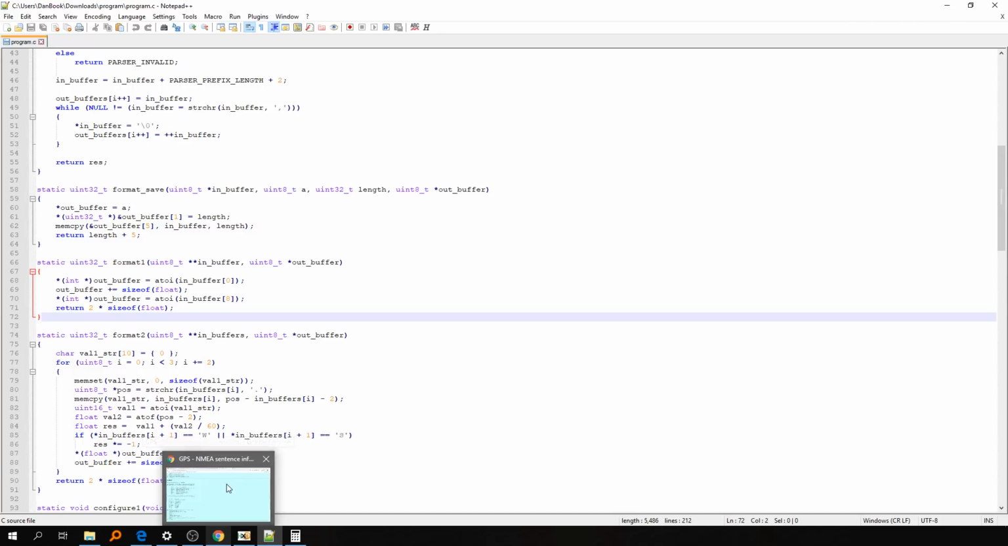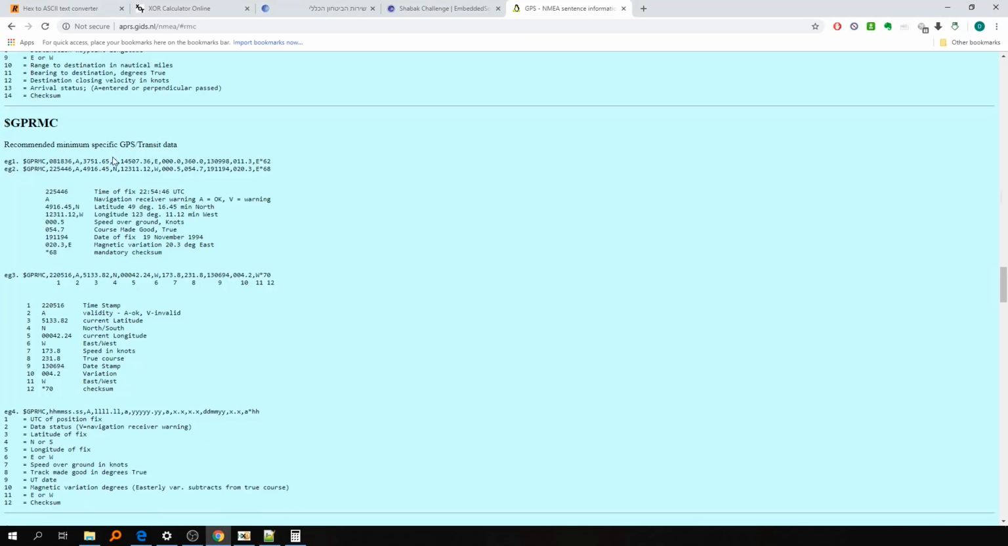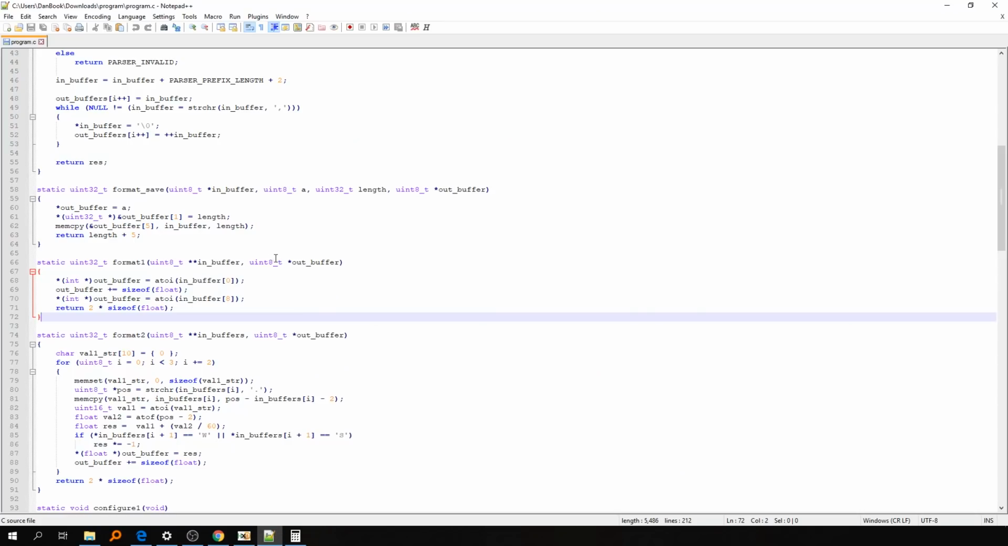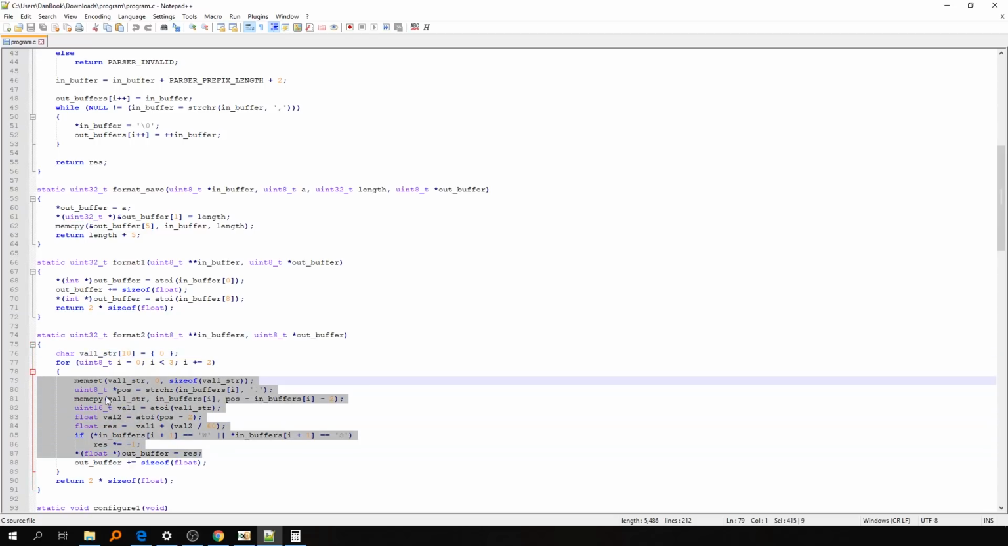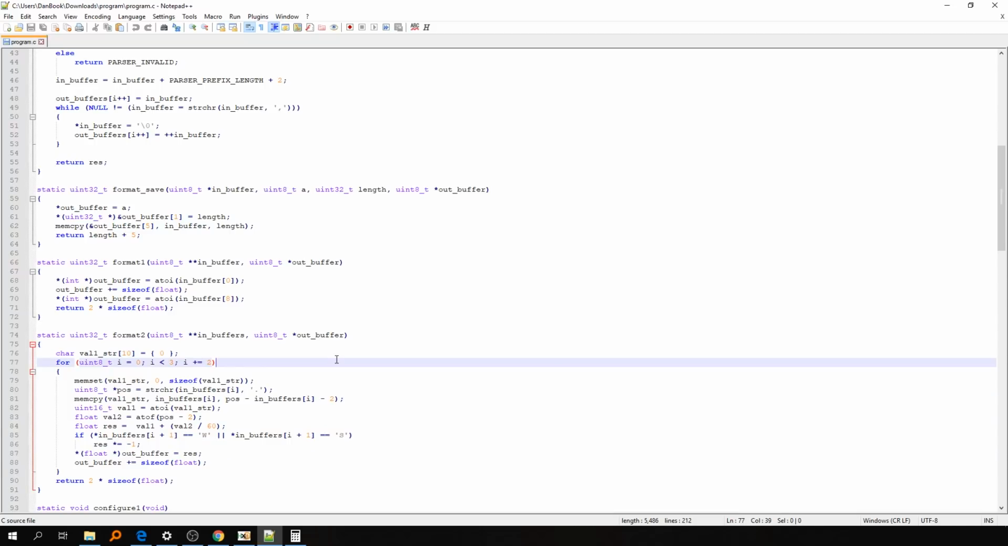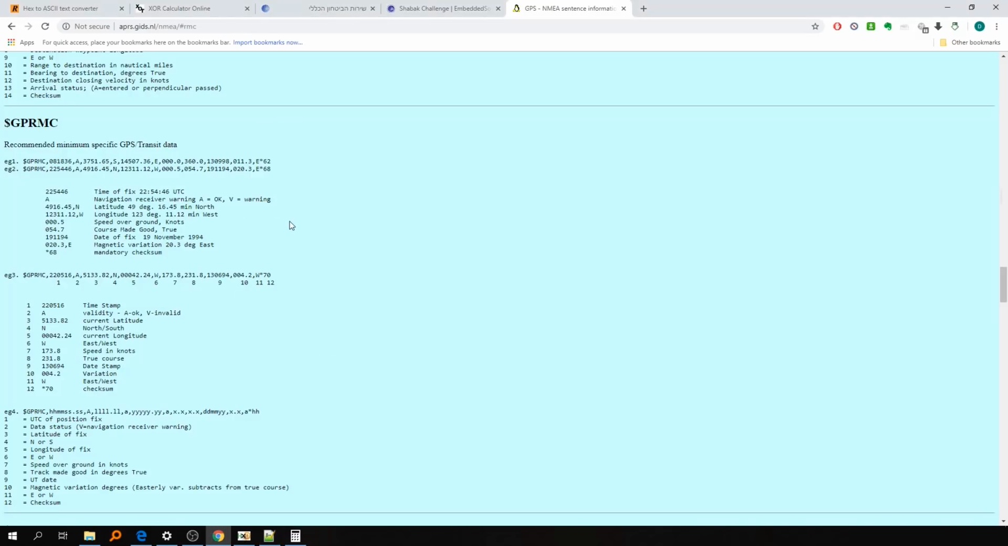Now, if we look back in the guide, both messages hold the time of the GPS fix and also latitude and longitude information. But we will see that in our code, we are only using the format1, which formats GPGGA messages to extract the timestamp from GPGGA message, and the format2 function to extract only latitude and longitude information from GPRMC messages. And if we have a look